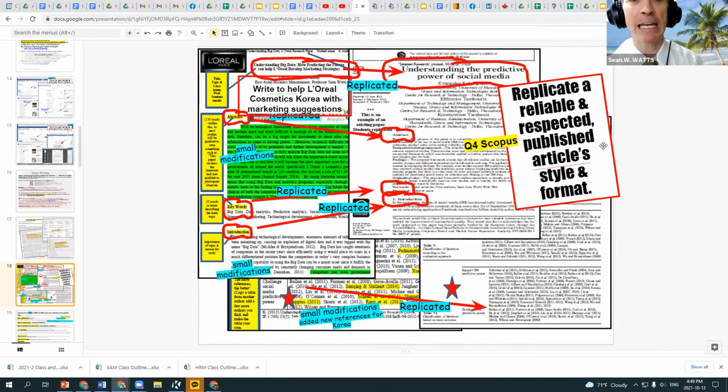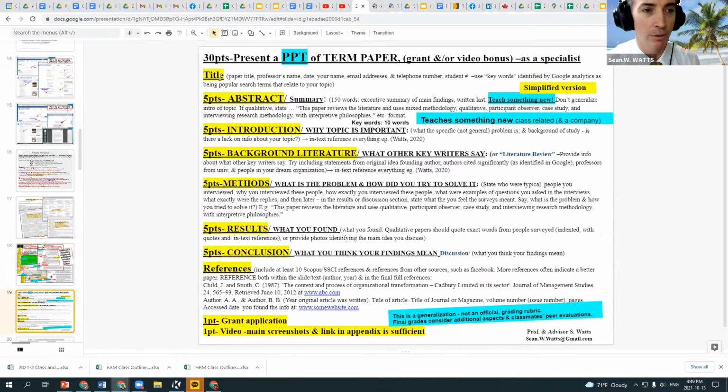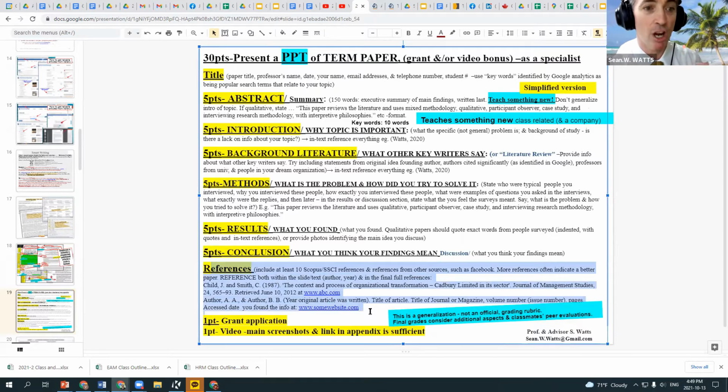For example, find a Scopus article and make your research the same style and same format. Replicate that style. Again, go through the abstract, intro, background literature, methods, results, conclusion. And again, focus on the references. Talk about the references. Lee-Jian, when you were talking, did you say you were referencing anybody? Did you say any comments that were shocking? Did you say anything to get anybody's real attention?